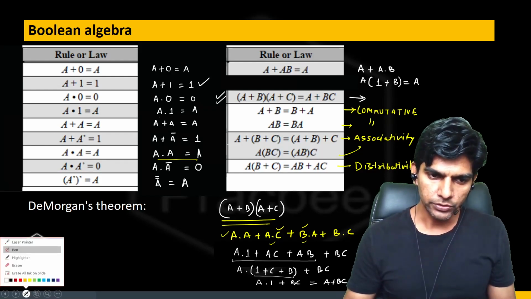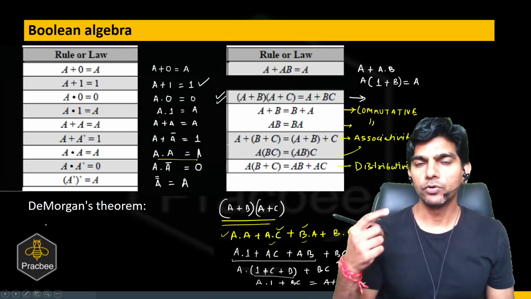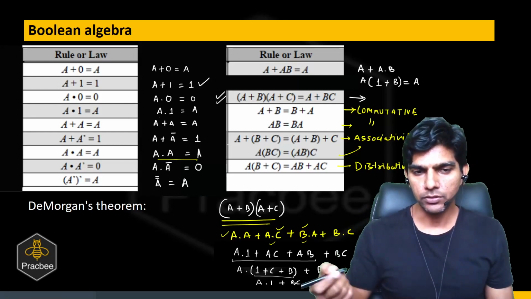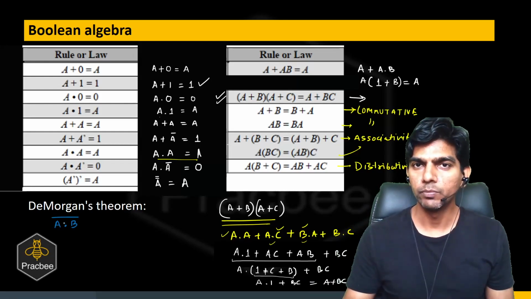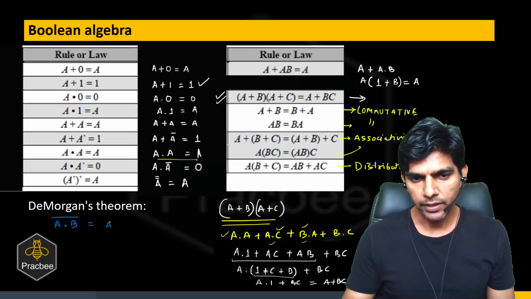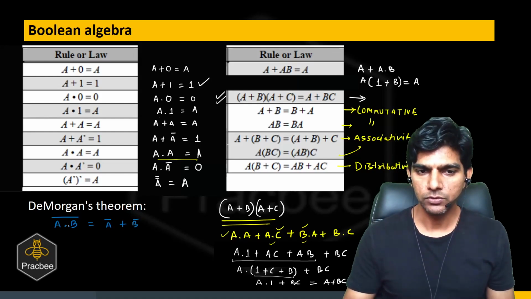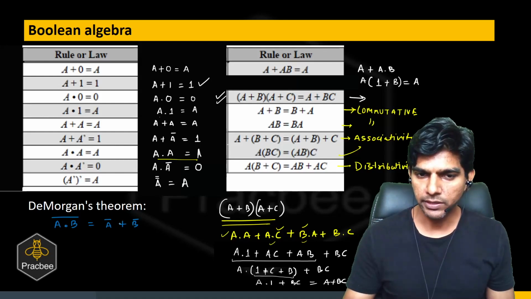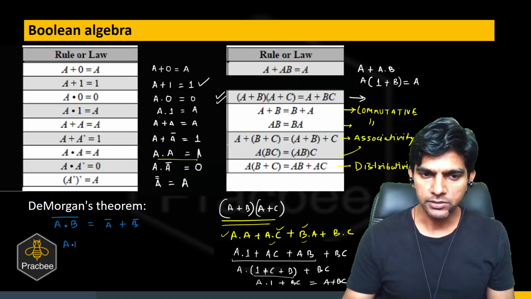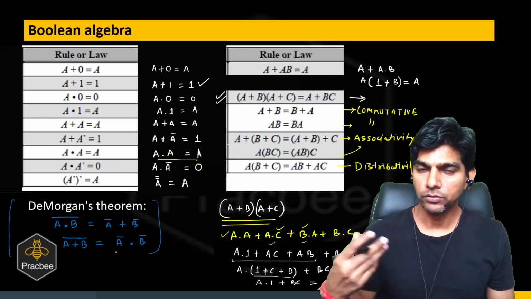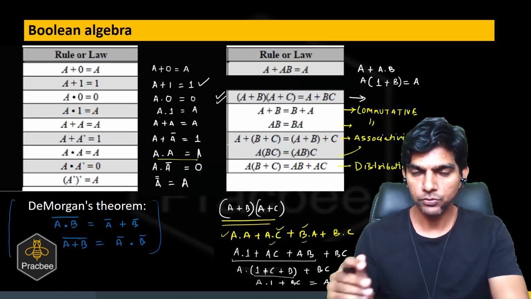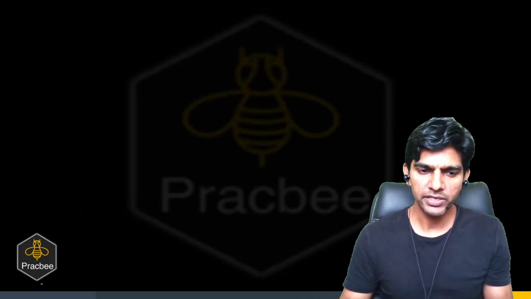And there is one more important theorem, which is known as De Morgan's theorem. Suppose you want to convert from multiplication to addition. Let us say I have A times B, whole bar, its complement. This can be written as A bar plus B bar. So this multiplication is replaced with addition. And A plus B, whole bar, can be written as A bar multiplied with B bar. These results you have to remember in order to solve logic gates problems effectively. So do remember this.